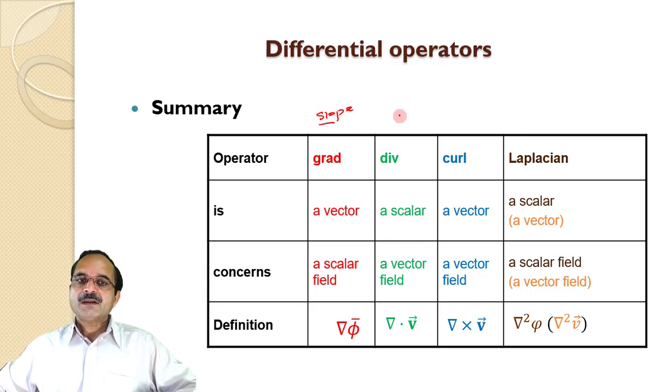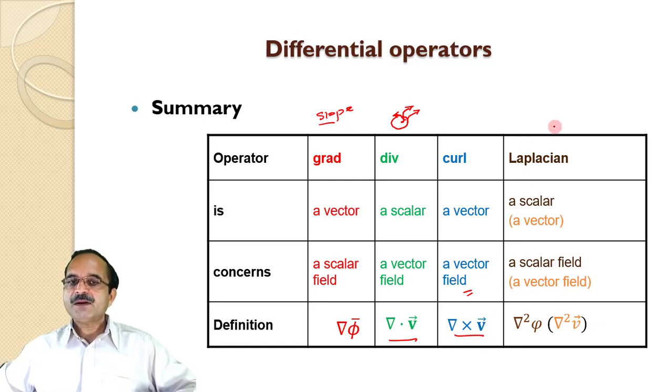Whereas divergence, this we have seen in one of the lectures. If we have an air-filled balloon, and if I puncture this balloon, suddenly the air will come out of this balloon. So this type of physical phenomena is represented in the form of divergence. So this is an example of positive divergence. So divergence of a vector quantity is a scalar, mathematically written as del dot V. Then curl, this gives a rotational effect of a given vector field. So curl of a vector is a vector because it has a rotational effect, has a particular direction, and mathematically it is represented as del cross V.